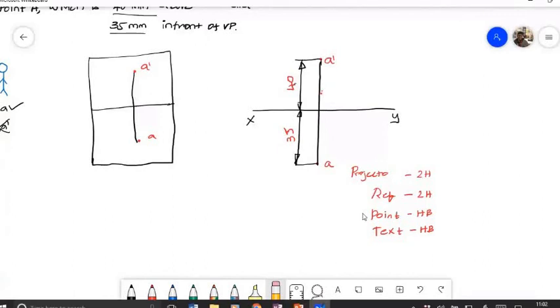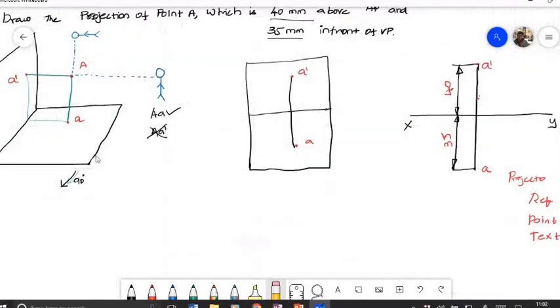So you try to copy this. We will see 2 or 3 more problems, one for each quadrant. You try to copy all these 3 drawings. Then only you will understand. Okay.